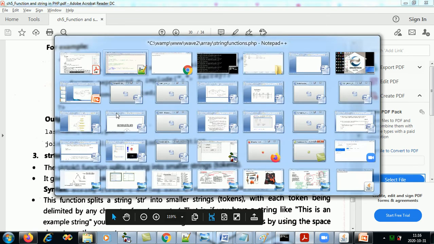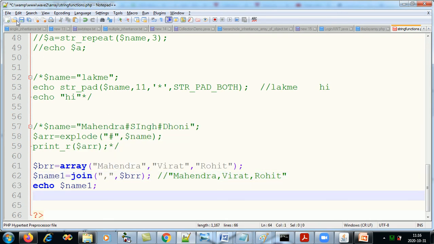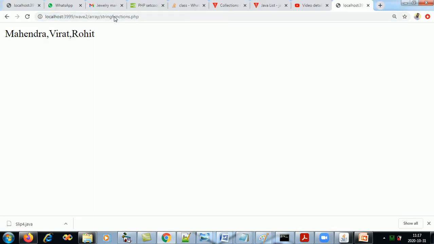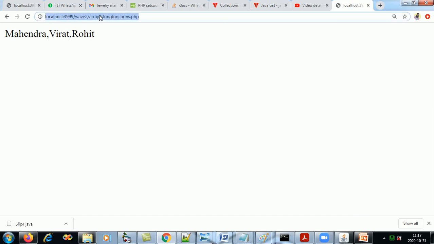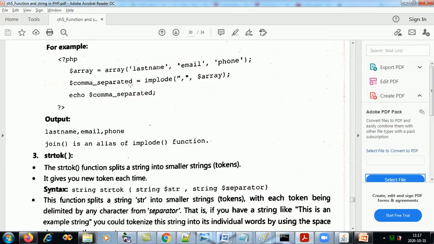So you can use implode or you can use join. Let's try the same thing using the join method. Save and refresh. The output remains the same. If you try to change the content, Virat, I take Alice and use join, let's refresh it. So here you have Alice. So implode and join are synonyms.